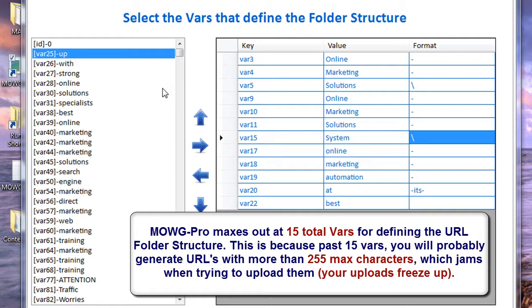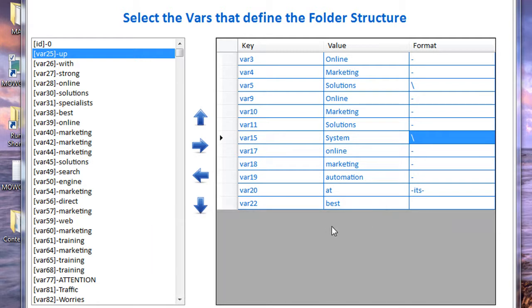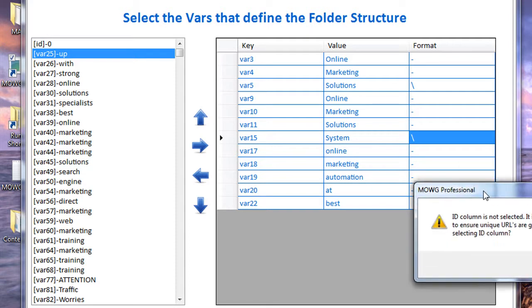But variable by variable by variable, you could get some long terms here, here, here, and you could get too long URLs, and then the pages break. But if you're not using a lot of vars, then you're going to create a lot of web pages, then you want to have an ID column, which is exactly this one up here called ID. And what that does is make sure there's a number in here somewhere, which you can use any way you